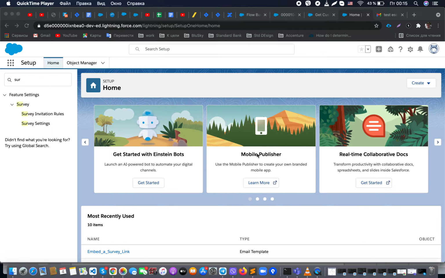Everyone. Today we will talk about surveys in Salesforce. So how it could be organized, how it could be set, how we could perform any kind of automation based on the surveys. So first of all, if you would like to enable surveys in your Salesforce org, what you need to do is